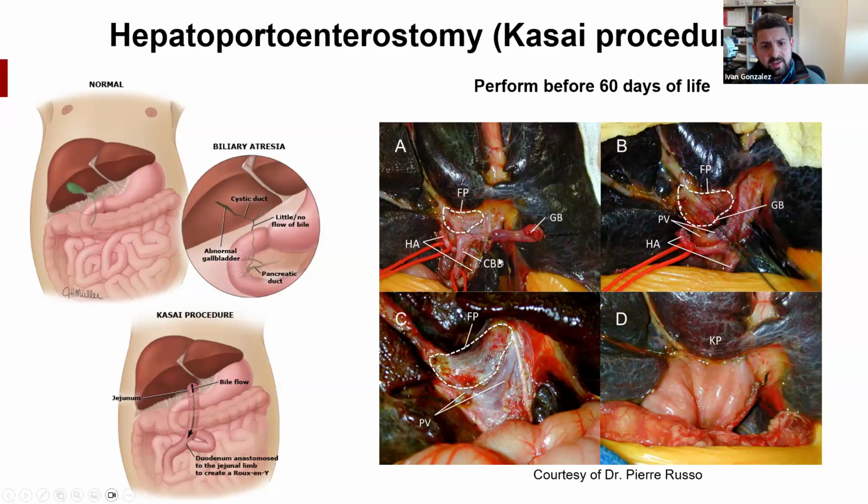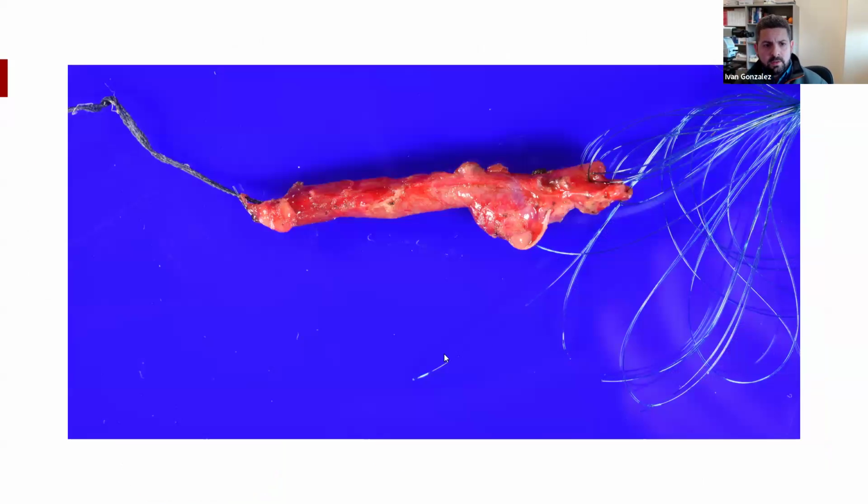So when you're doing the Kasai, you find your fibrous plate, and the surgeon will apply all these sutures and basically lift the fibrous plate and then cut underneath or proximal to it. And then at that point, they will attach your small intestine, creating that hepatoportal enterostomy. So your specimen on the gross bench, you can see a lot of these sutures; that will be their fibrous plate. The surgeon usually will orient it for you, but even if they don't tell you, when you see multiple of those sutures, that will be your fibrous plate.